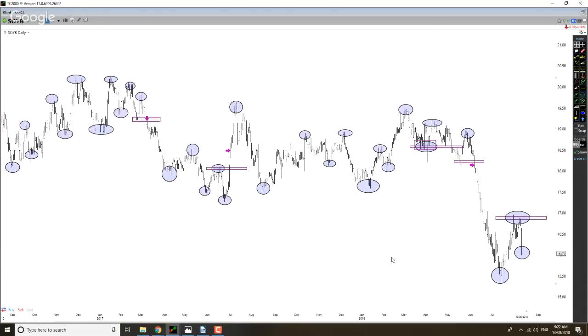So no matter what market or what chart or what time frame you're looking at, guys, this is how you identify what's going on in the market right now. You just look at the highs and lows, and the market is always telling a story, right? And as you can see, before this big sell-off in